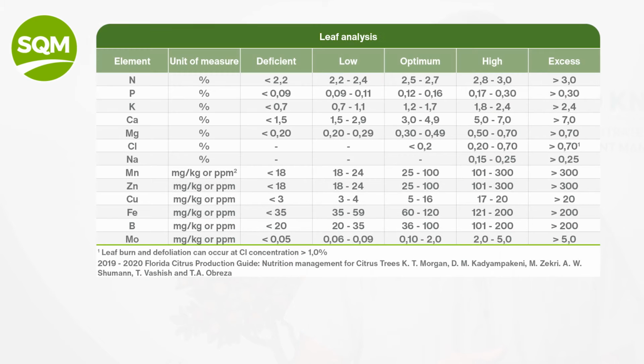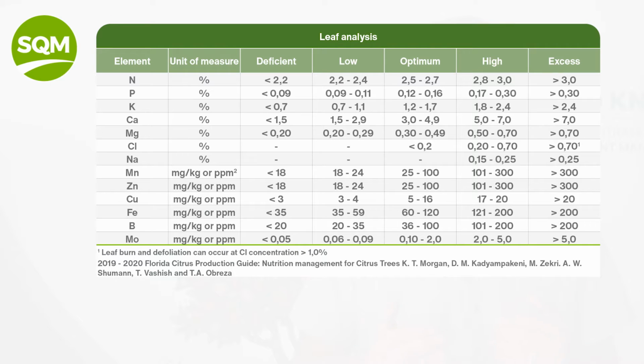This table that I show you now is leaf analysis, also a very, very important tool to establish what your fertilizer recommendation should be. And leaf analysis should be taken at the same time every year, and it should be taken from a particular height, like shoulder height, and it needs to be taken from the same kind of shoots every year, so that you get a good idea of what's happening in your orchard, and also a representative sample. So you take many trees to make up a subsample from which a sample is taken, and that gets analyzed.